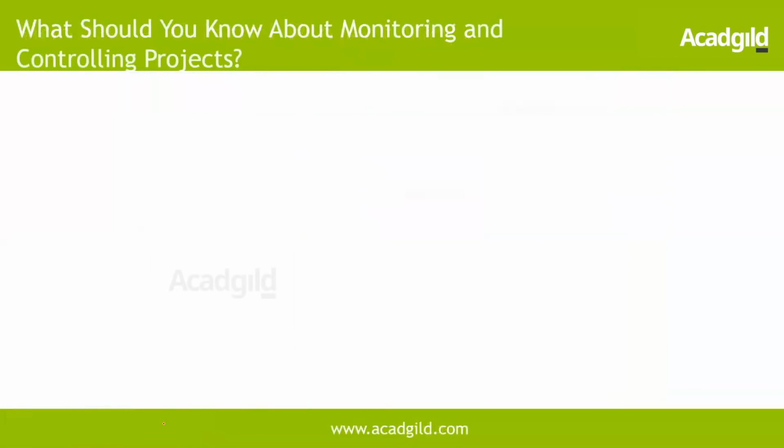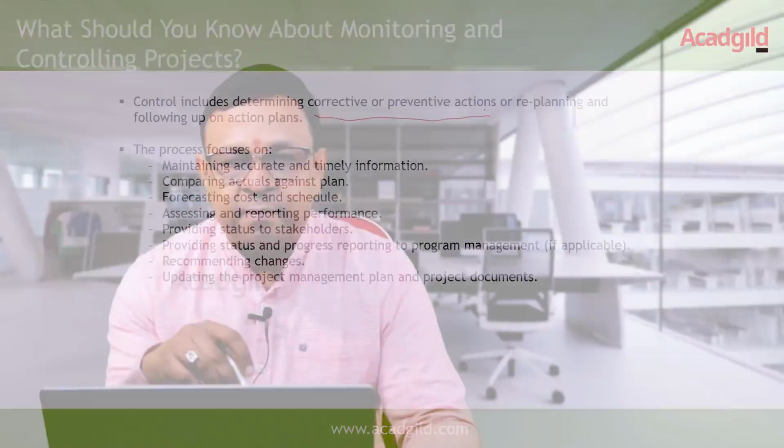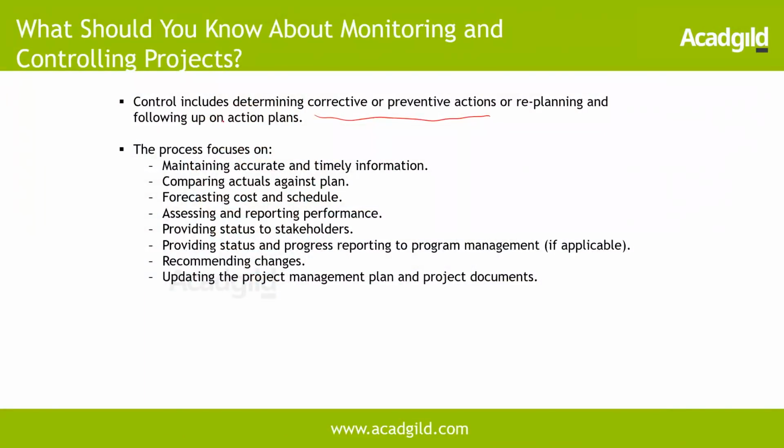So what we should know about monitoring and controlling projects. Control includes determining corrective or preventive actions. During execution, when we monitor, we may see that something may go wrong in the future, which we anticipate, and then we need to take a preventive action. But if something has already deviated from the plan, then we need to take a corrective action. So control is trying to put the project back on track, then replanning and following up on action